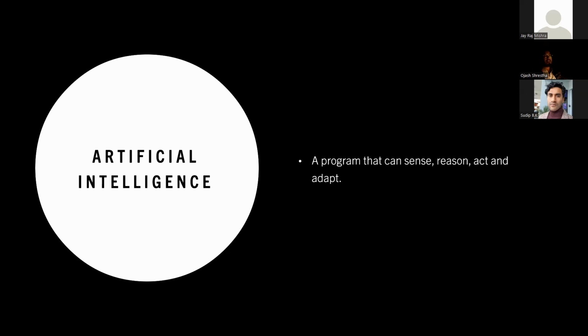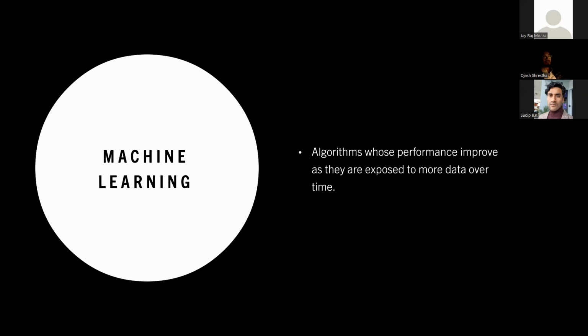So under artificial intelligence, we have machine learning, right? Machine learning is basically this way of giving data to a machine so that it can learn by itself. So we feed a lot of data to the machine and we build models out of it, and we test how accurate the machine is. The more data we have, the better data we have, the better the machine can be trained and we can build different use cases out of it.